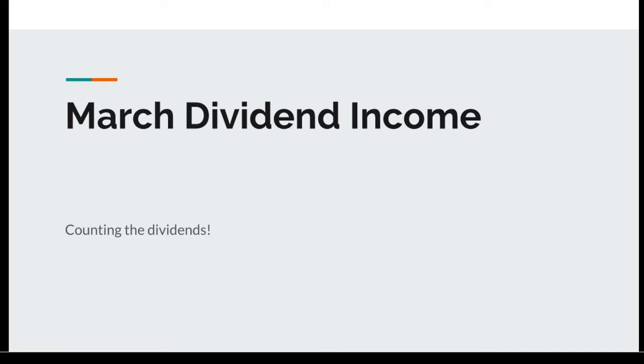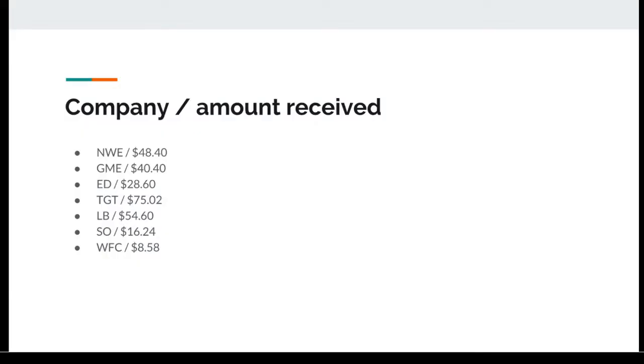But today I want to go ahead and jump right into my March dividend income. This is probably my favorite thing about dividend investing because I get to tally up all the money that I decided to get by owning dividend paying stocks in the month of March. These were all the payers that I had in the month of March. NWE was 48.40, GameStop 40.40, ConEd 28.60, Target 75.02, L Brands 54.60, Southern 16.24, and of course Wells Fargo at 8.58. Altogether, this comes to a total of